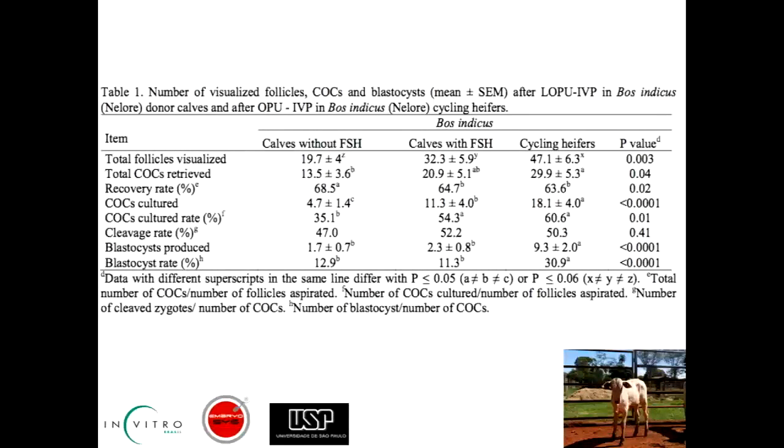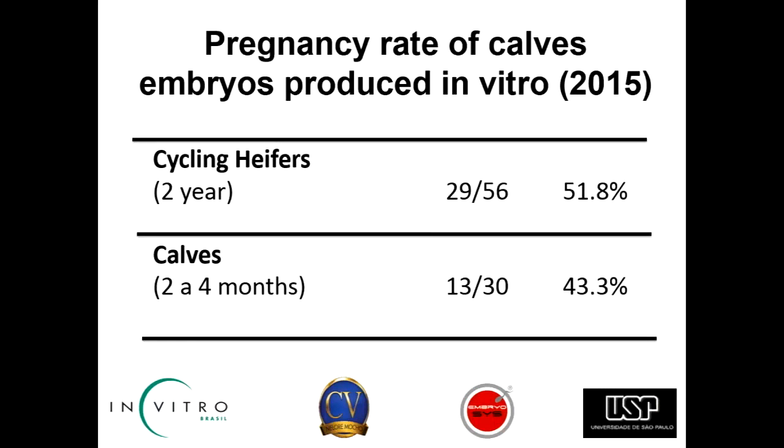And you can see here we can produce 2.3 embryos per OPU when you use FSH in these different cows. Of course, in adult animals here, 9 embryos per OPU. Remember that this is per OPU. This is zebu, you know that we produce a lot of embryos. So we transfer these embryos,